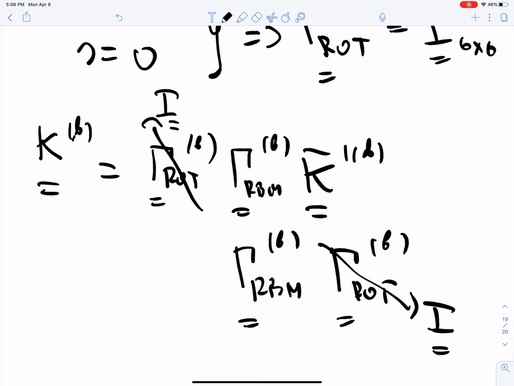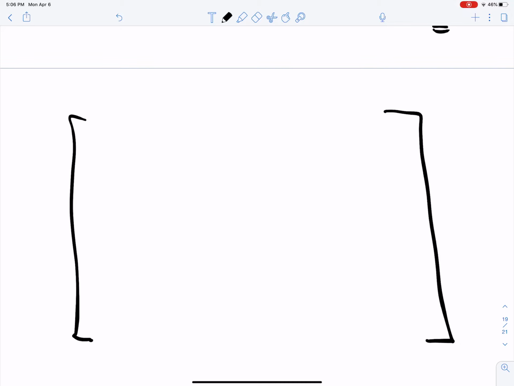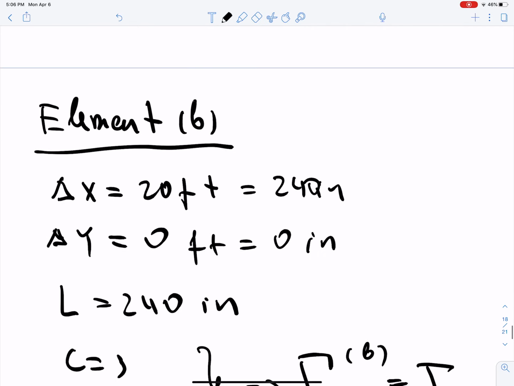So there are fewer things to compute. Now you can draw the matrix and write the ID array on top. If we go back to our structure,